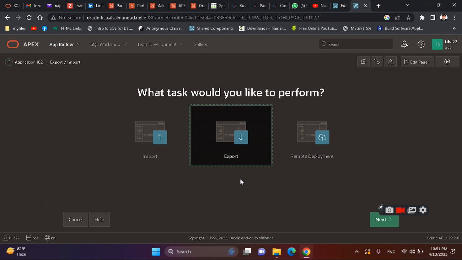For example, if I have 20 applications in a specific workspace, every time I would have to do it like that, and it takes a lot of time. That is why we have SQLcl. It is really fast and really quick to export and import applications,